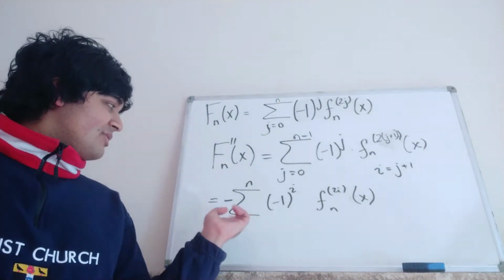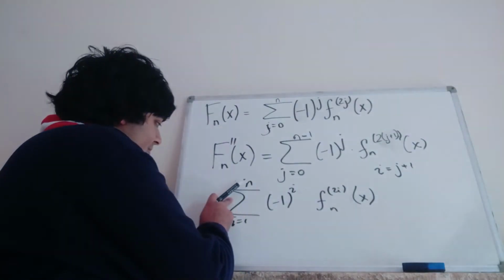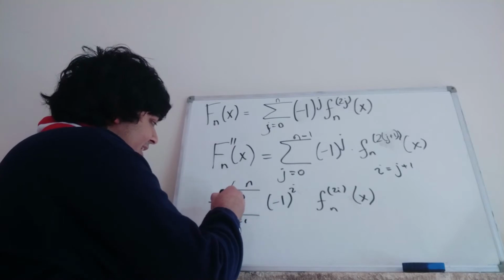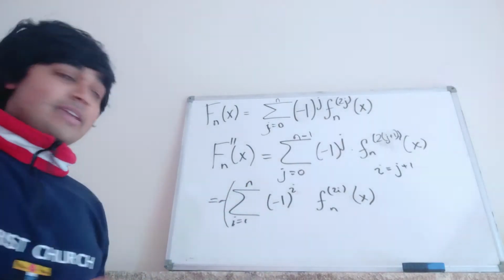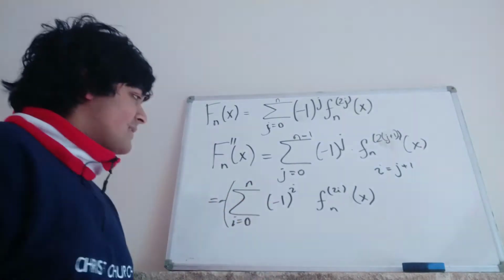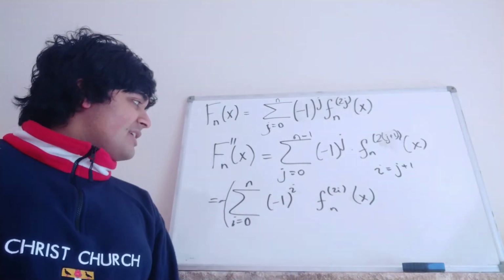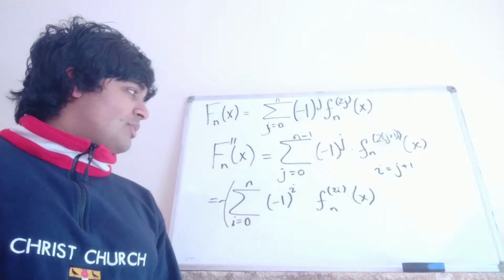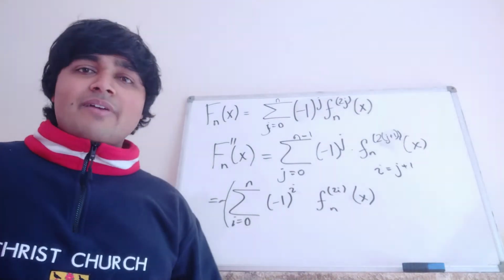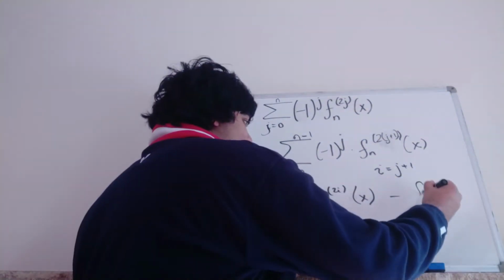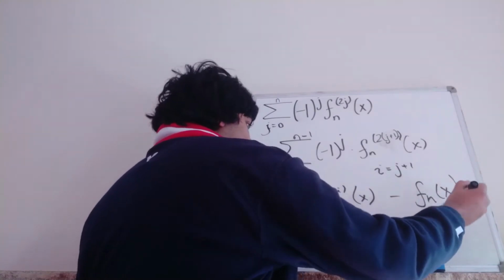But what we're going to do is introduce a 0 term. Let's put the minus here and then in brackets. So now we're summing from i equals 0 of this guy here, but then of course we've got to subtract off the 0th term now. What is the 0th term of here? So it's minus 1 to the 0, well that's just 1, times the 0th derivative of Fn of x, which is just Fn of x, like so.